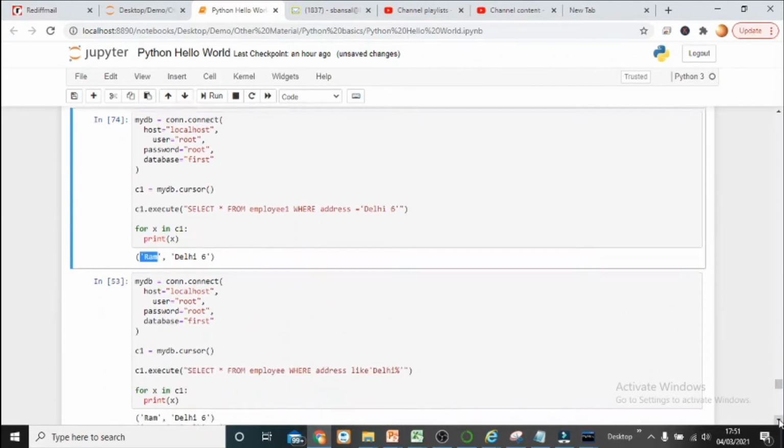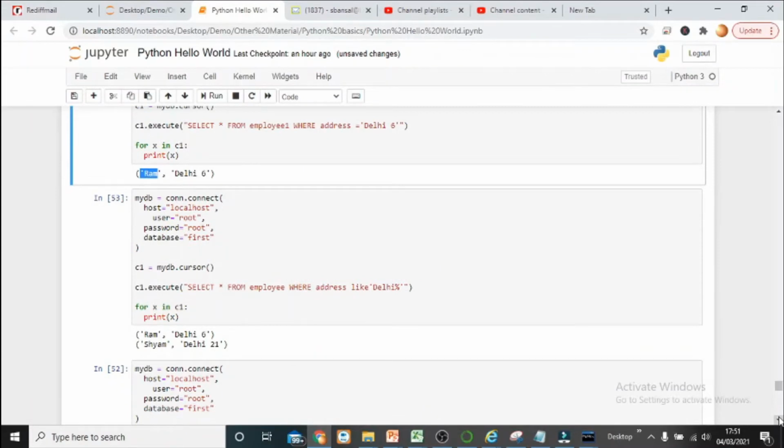Now the next level of the WHERE clause is using wildcard entries. What are wildcard entries?